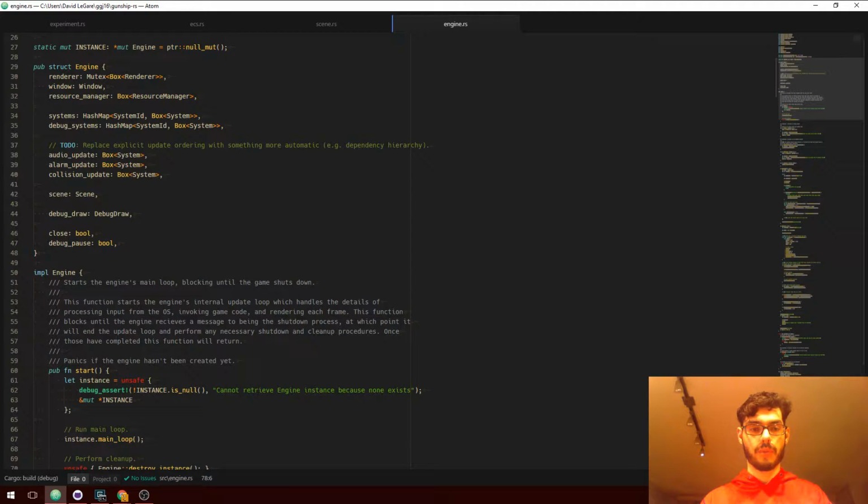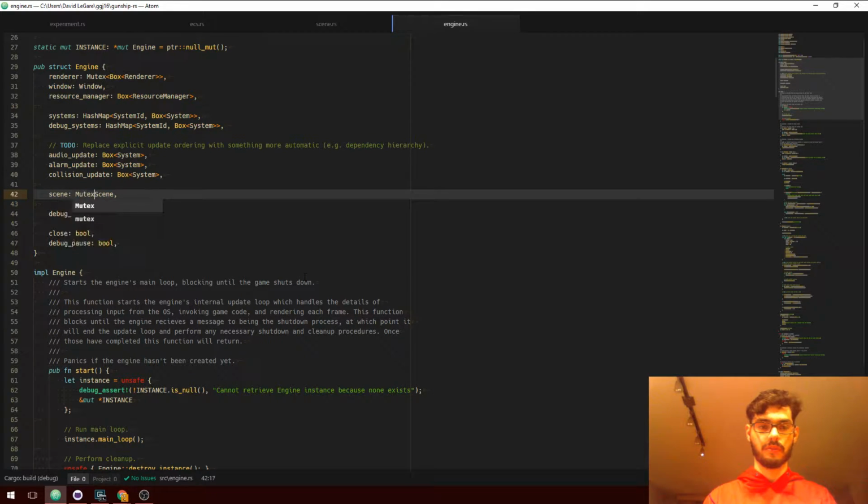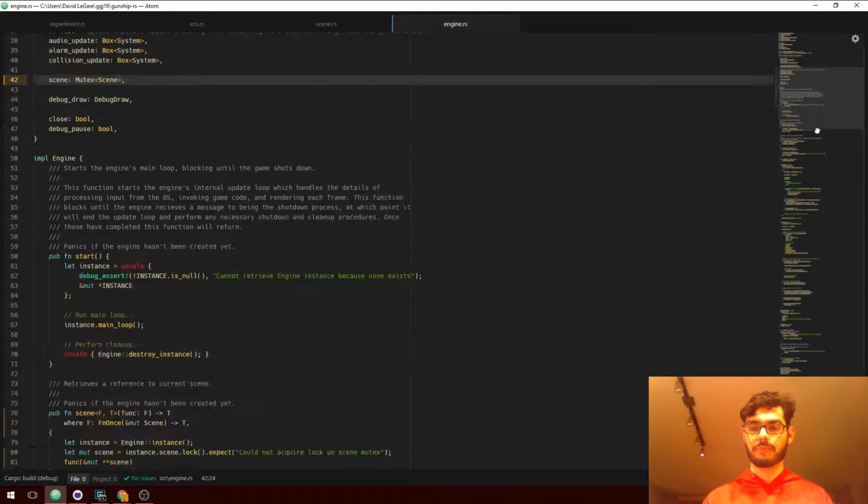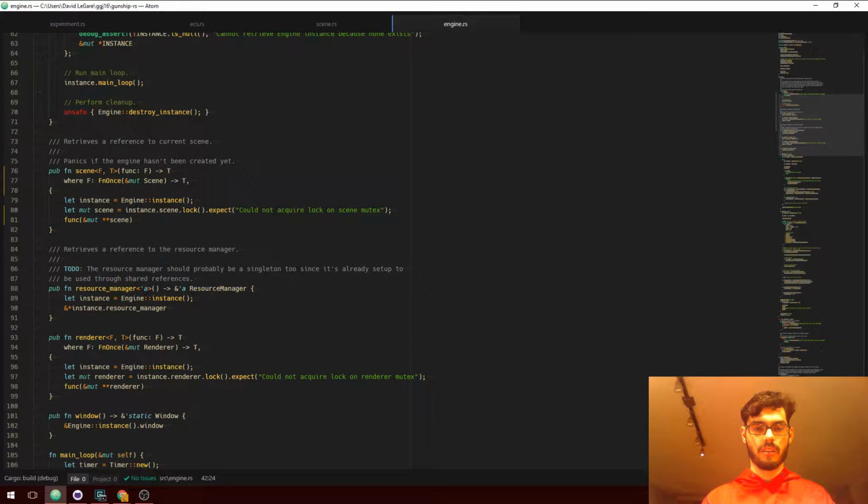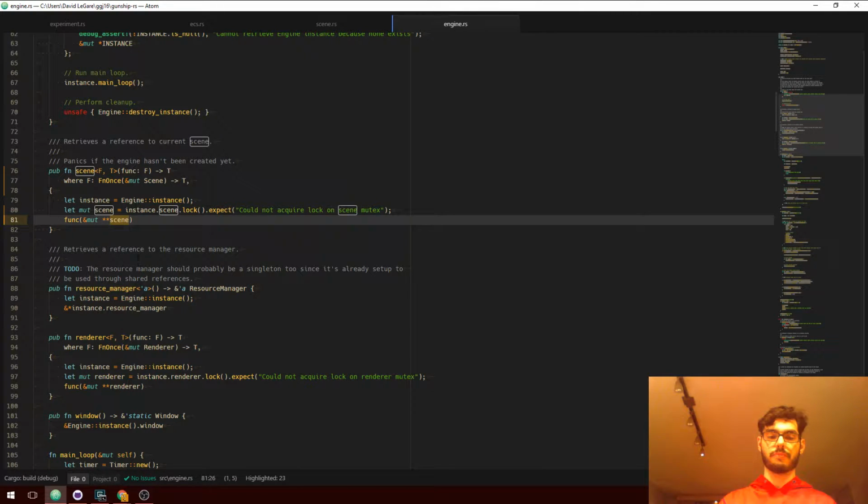If we go up to right here, there's not a mutex around the scene. Now there's a mutex around the scene. So we lock the mutex, we pass a mutable reference to the scene data into the closure, and that's that.